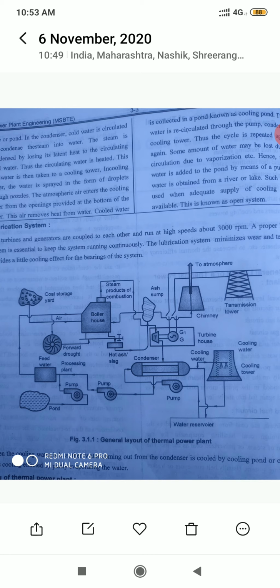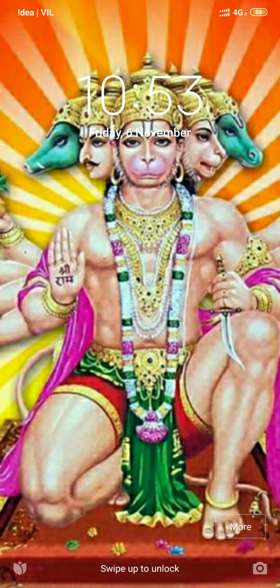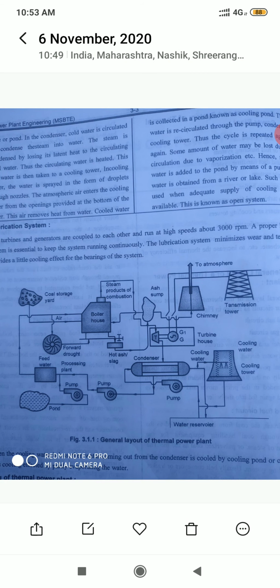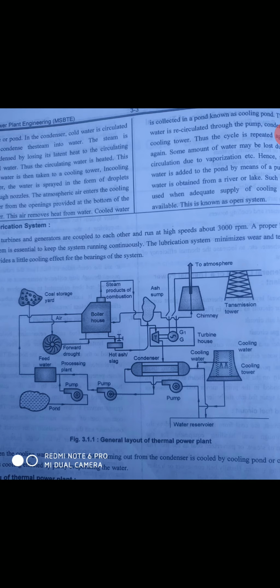The superheated steam is then expanded in steam turbine to develop electrical power. The steam coming out of prime mover is condensed in the condenser and then recirculated in the circuit. Some of the steam and water is lost while passing through different components. So feed water is supplied